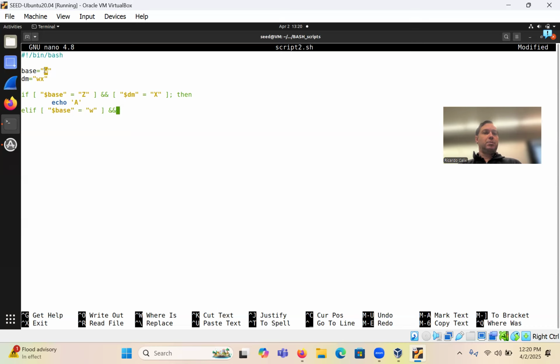Just like this, that's going to be true. And then here we got the square brackets. And now we're going to say double quotes, dollar sign, and it says the same thing. An equality symbol, and then comparing it to the WS, which will be an exact match. So this will also evaluate. Okay, right. And then we have semicolon.